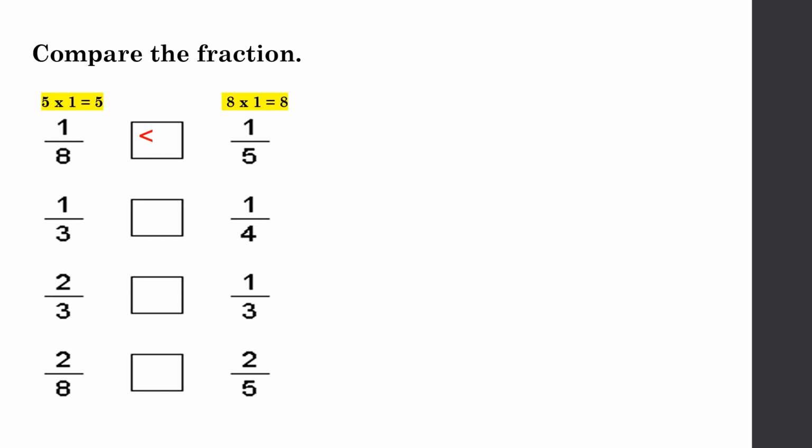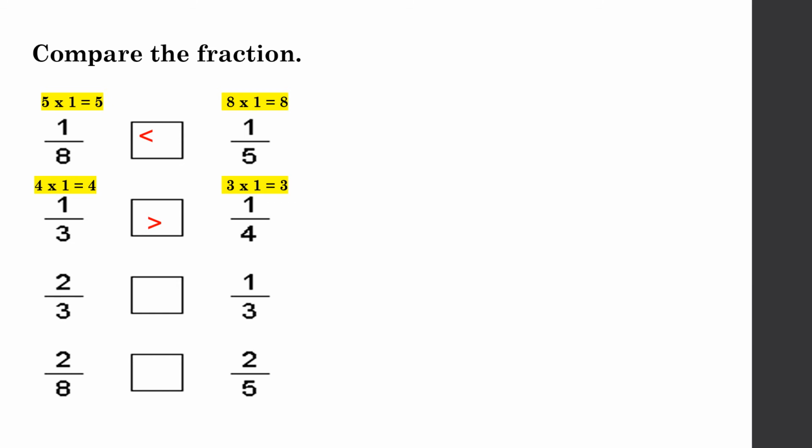Similarly, here also in the second question, both the denominators are different, so they are called unlike fractions. Now the numerator of the first one, that is 1, will get multiplied with 4, or you can say 4 ones are 4. Then the denominator of the first fraction will get multiplied with the numerator of the second fraction, that is 3 into 1, that is 3. Now compare, 4 is greater or 3 is greater? Yes, 4. So 1/3 is greater than 1/4.